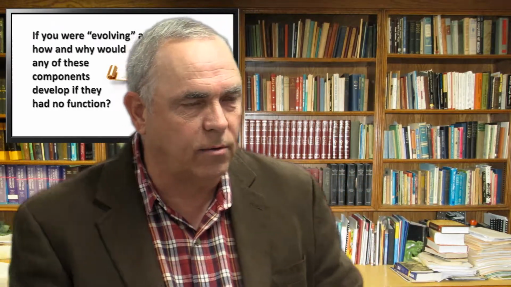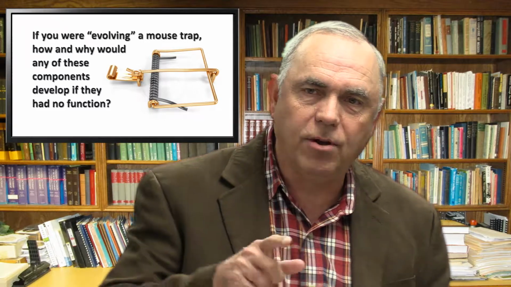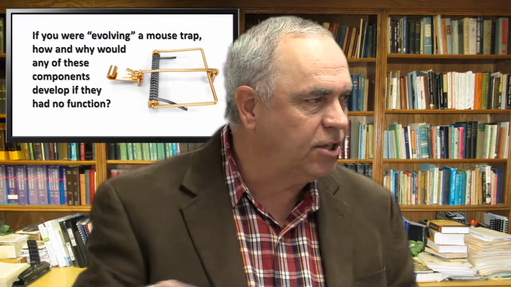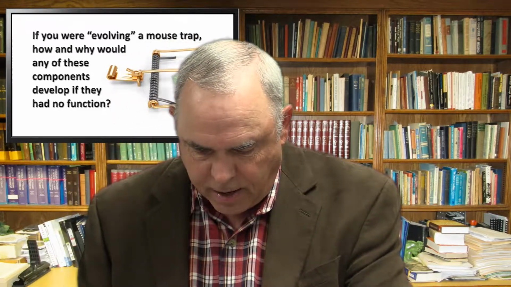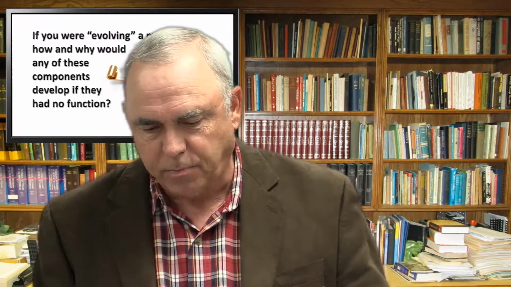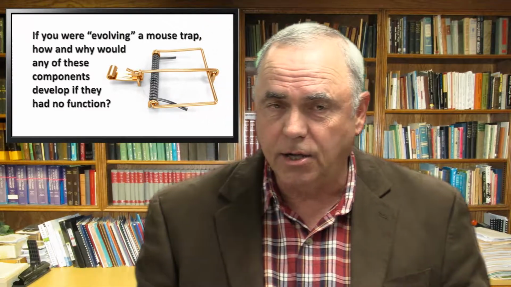You need every one of those. So the question is, how do you evolve to the point where you get a mousetrap when none of these other 5 things had any function until they all came together to form a mousetrap? That's irreducible complexity. That's what it is. If you're a scientist, if you're an evolutionist, you've got to somehow explain how in the world you get those 5 components coming together, with each component having to evolve somehow on its own. And so it's not a difficult thing at all.